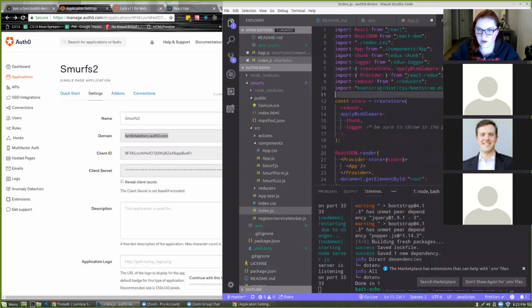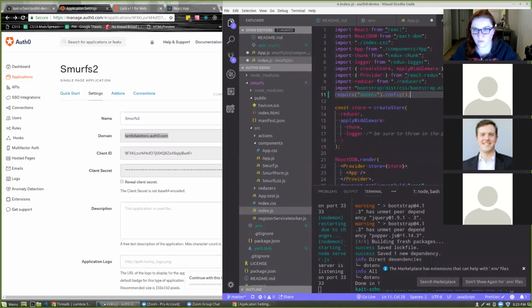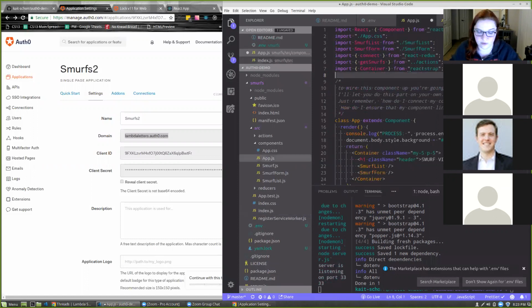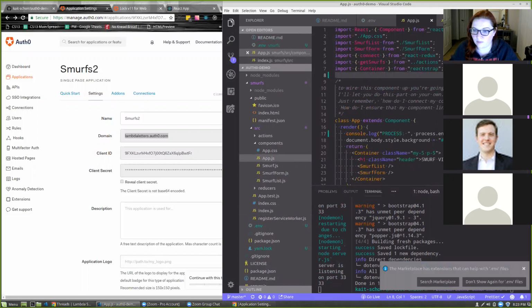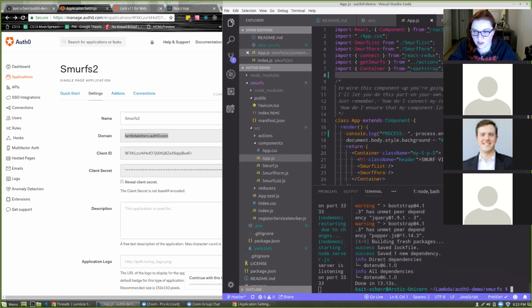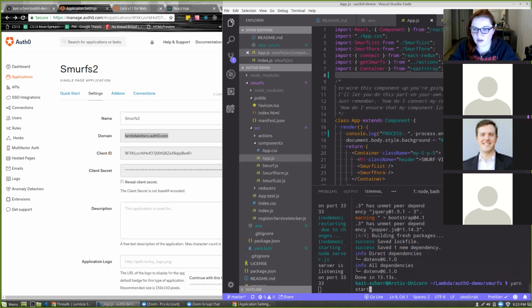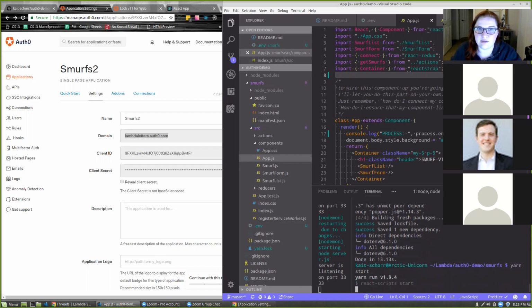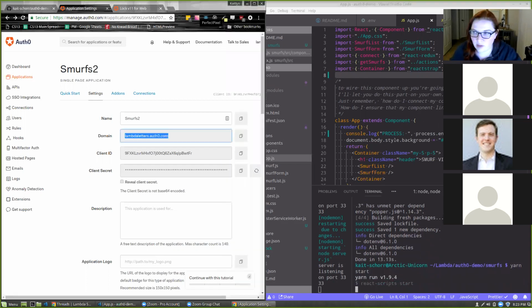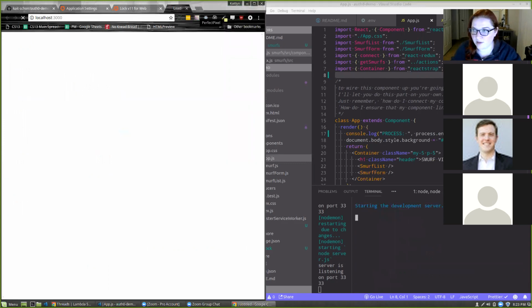I don't know if it matters, but we can test it both ways just to be sure. So what I'm expecting then is when this website launches and I look at my console, I'm expecting to see process.env print out, and I'm expecting it to have client ID and the domain URL. That's what I'm expecting, but